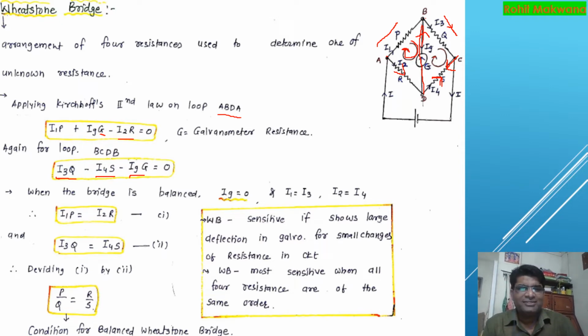Okay, so now let's say that you somehow chose the value of resistance here in such a way, because we want to find out P, so we choose the value of certain other resistances. For example, this Q resistance, if I choose such a value that no current passes through the galvanometer, so this Ig, that is the galvanometer current, the current which is required to produce the deflection or maximum deflection inside the galvanometer, is zero. So if this current is zero, then you can say the bridge is balanced, and this is something which